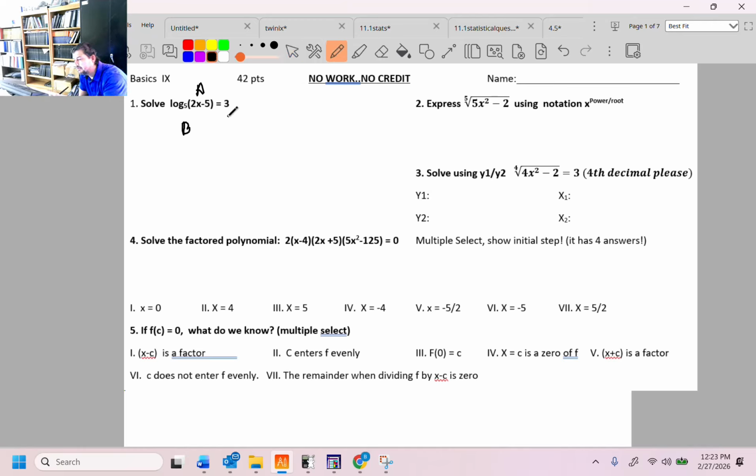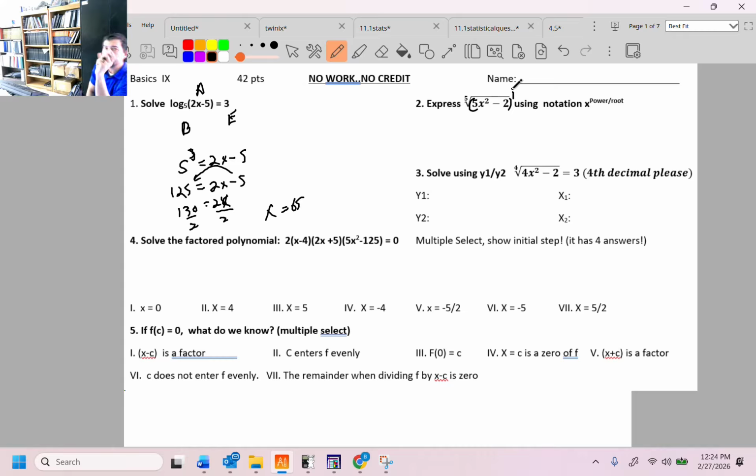Base, argument, exponent, logarithm. Base 5, argument 2x minus 5, equals 3. So 5 cubed is 2x minus 5. 5 times 5 times 5 is 125, which equals 2x minus 5. I add 5, I don't subtract it. I get 130 is twice x. I divide by 2, and I get 65. Done. Remember, everything inside is understood to be to the first power when you talk about it